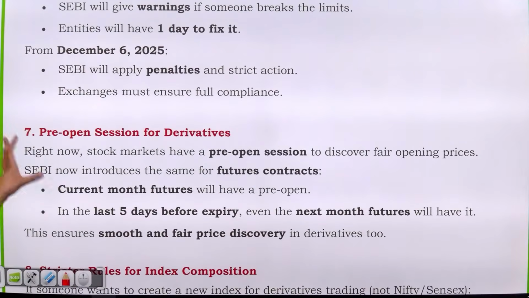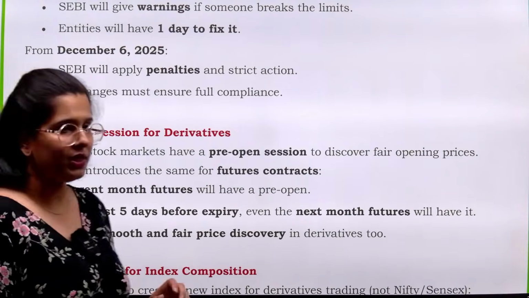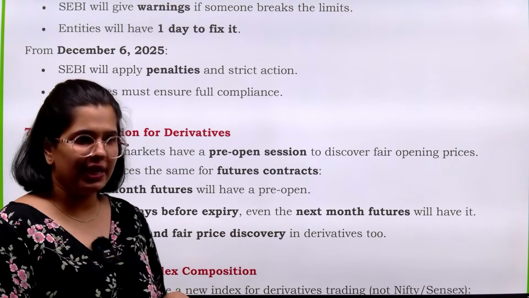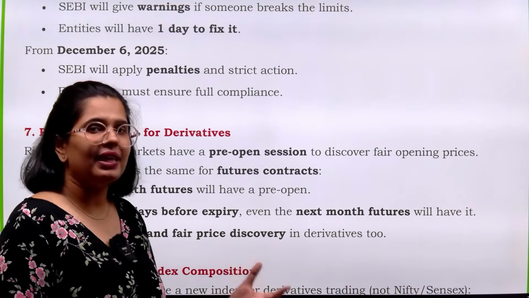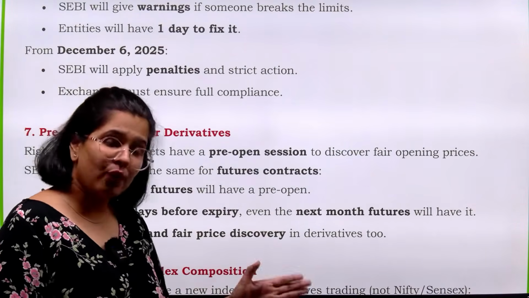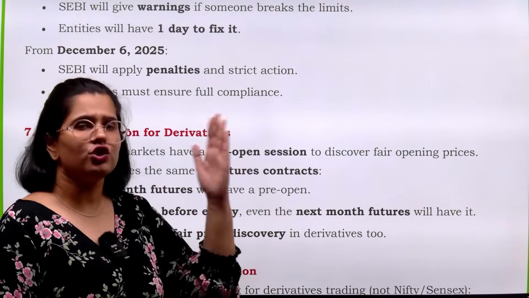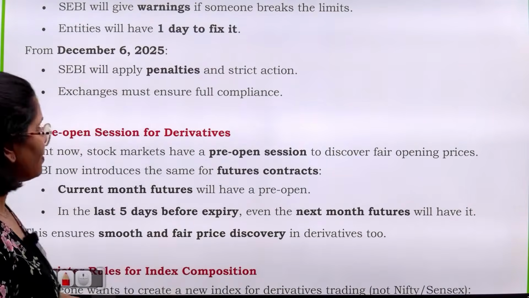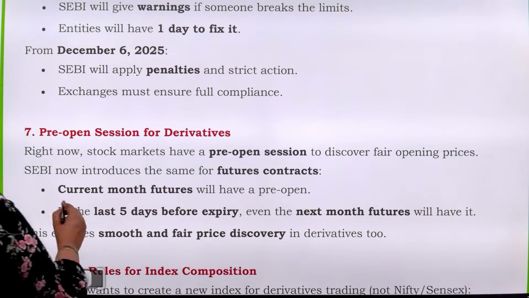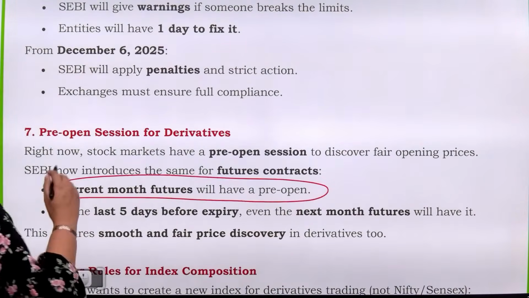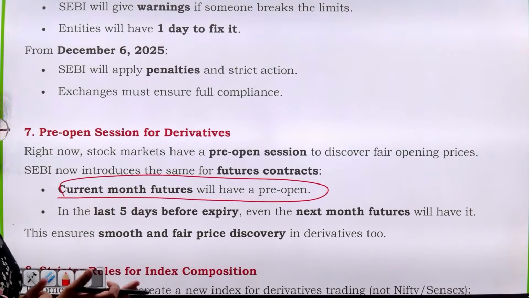Now, pre-open session for derivatives. Till now we had this for stocks. Pre-open session means before the market opens, from 9 AM to 9:15 AM there will be a pre-open session so that people can provide their bids at that time. So when the market opens, there is not too much fluctuation. So they have said that for the current month contract, you will have pre-open, and for the next month derivative contract,